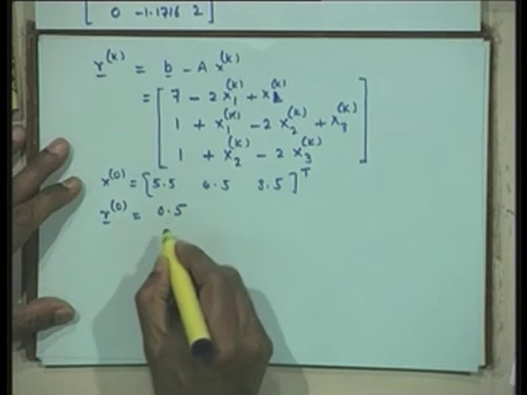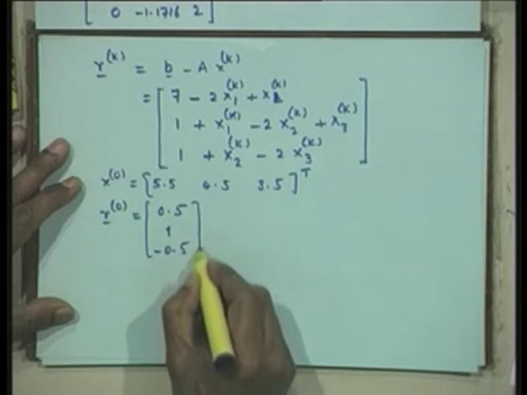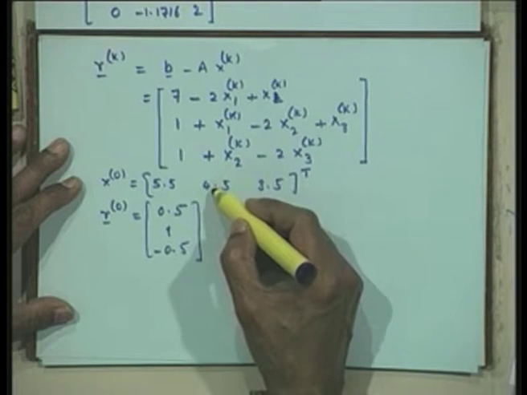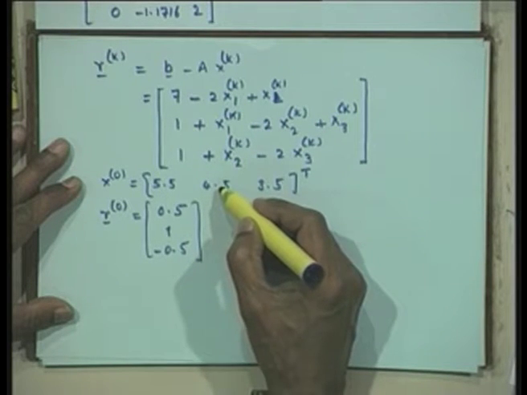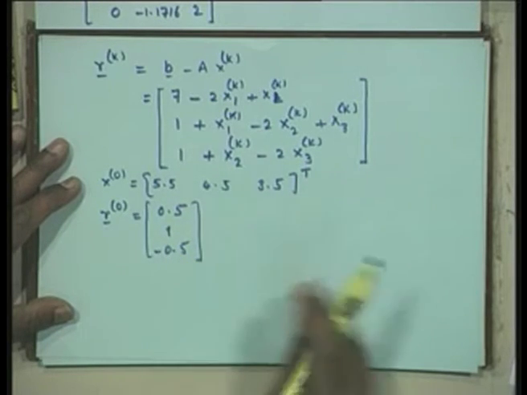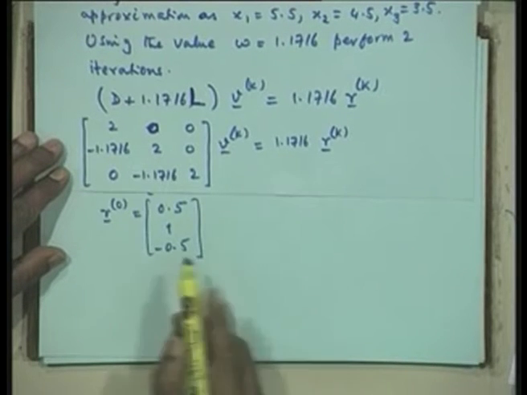It is a very simple thing, 0.5 minus 0.5. So, I just multiplied this, this gives you minus 11 and this gives 4.5, this gives you 4.5, that is 11.5 minus 11, so 0.5. Similarly, I get the other values of R. Once the value of R is obtained, I substitute it in this particular step. So, the next step I would have here is